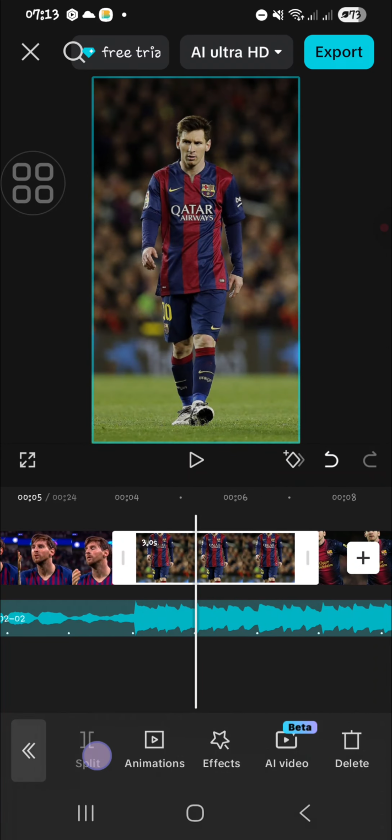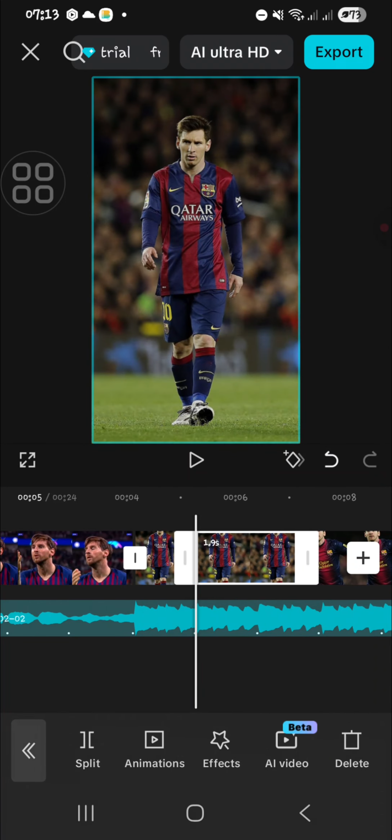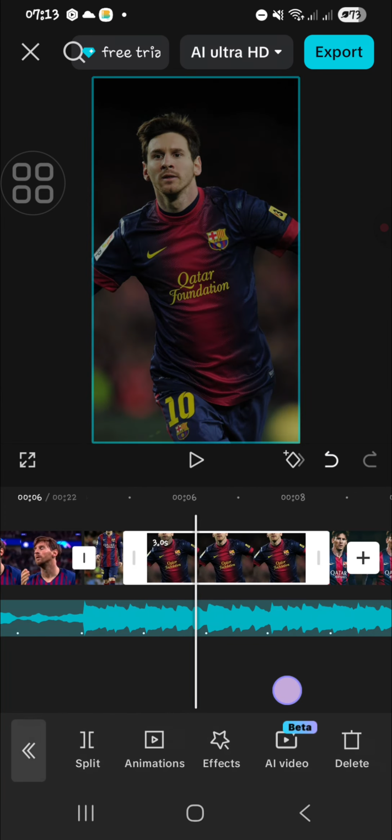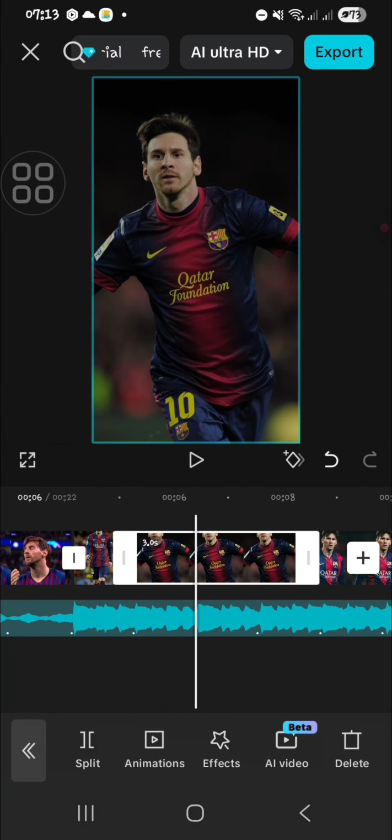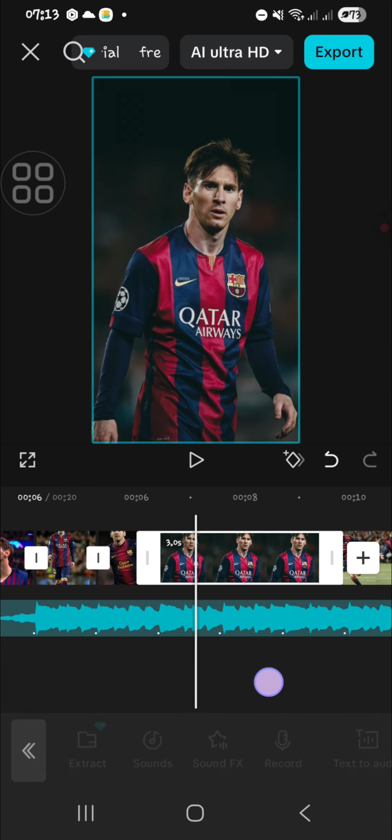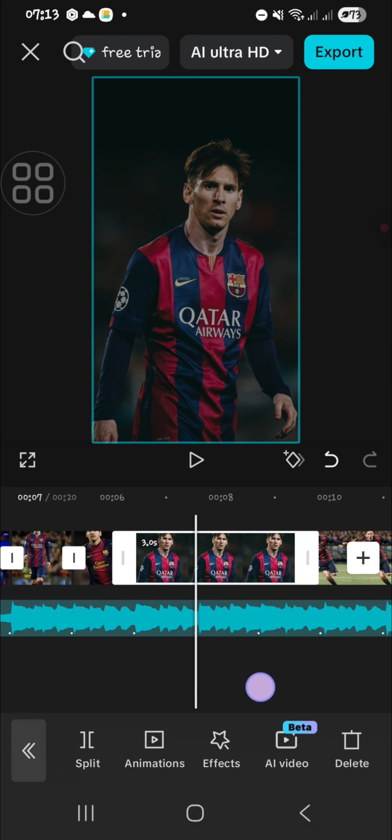You can split and delete like this, and split and delete until the rest of your clips. Okay,